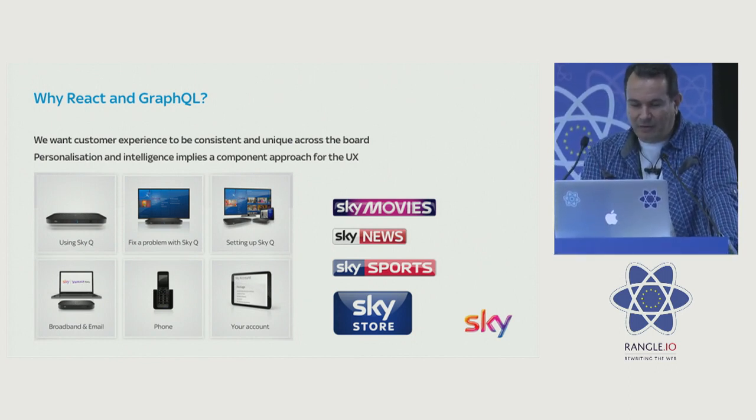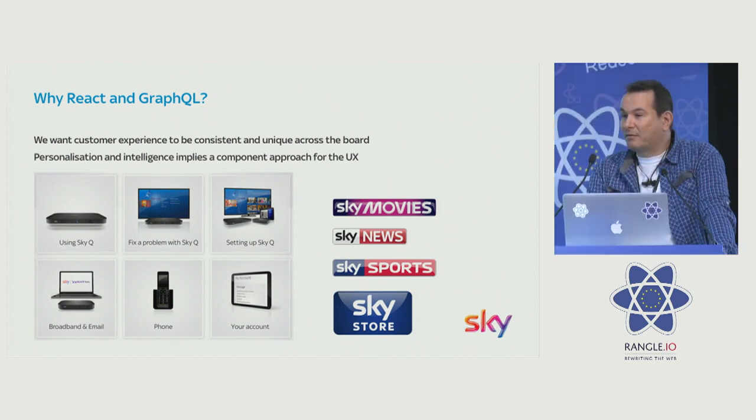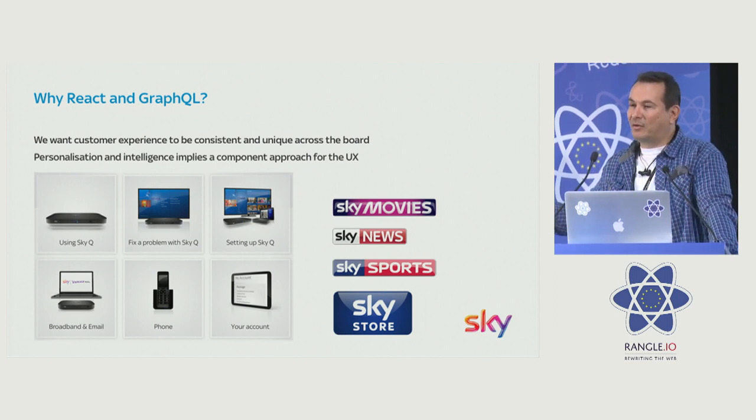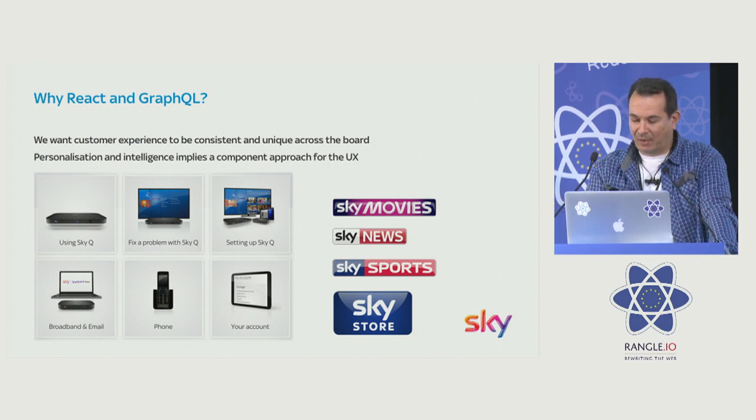I think you can see here the kind of design we have. We have a lot of tiles, and that's the kind of dynamic experience we want to enable. These tiles can be completely dynamic in terms of content. So right now we have about 25% of Sky.com under React. I think in about a couple of months it's going to be about 50% or so. I'm just roughly guessing. And we are just starting to use GraphQL. But then